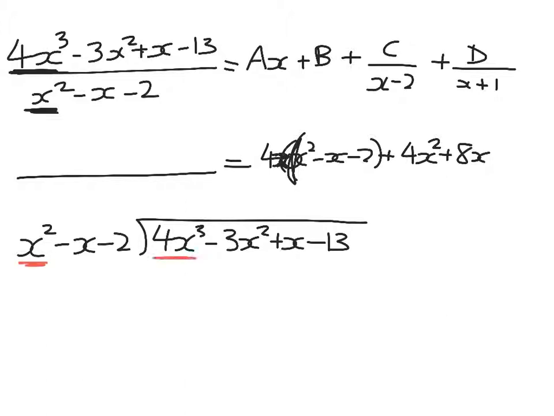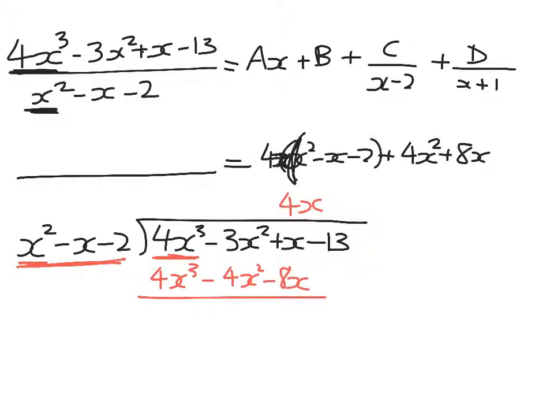We've got x squared times what will give me 4x squared, so matching on that we're going to get 4x. So 4x times all of this gives me 4x cubed minus 4x squared minus 8x. Right. Taking that away to work out what the leftover is, minus 3 plus 4 gives me x squared. x plus 8x gives me 9x minus 13. Right, matching now on the x squared, we get plus 1, 4x plus 1,